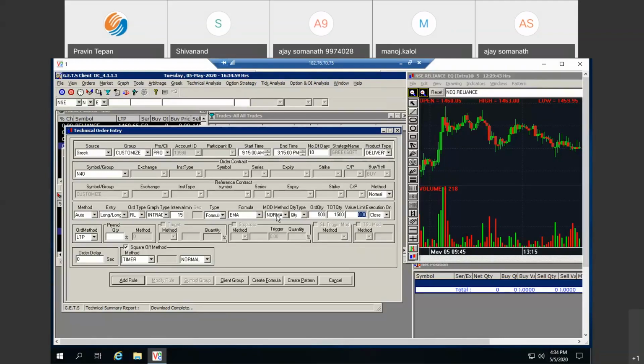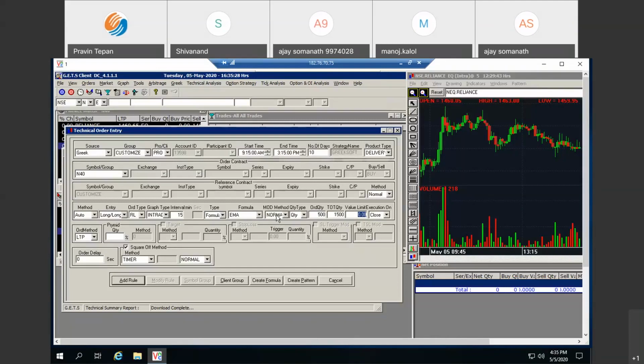As soon as the 1500 is completed, let's suppose the EMA crossover happens again for buy, it will not place an order because the total quantity is 1500 only. It has already placed 3 orders of 500. So with total quantity, you can select how many orders you want throughout the day. Suppose you want 10 orders of 500 quantity, so 5000. 10 orders, and like this you can select the total quantity.